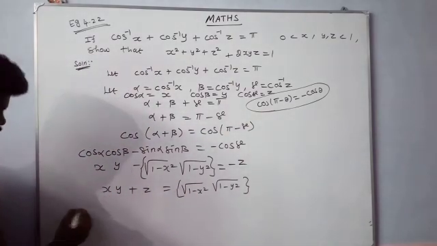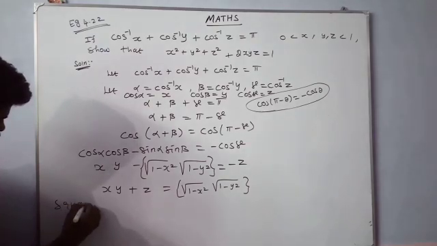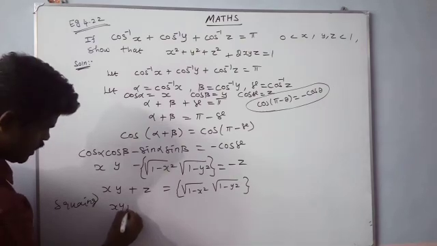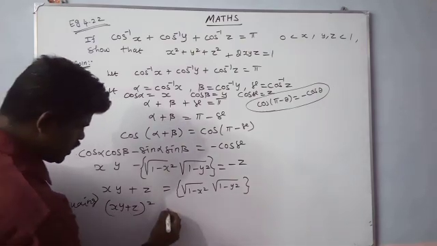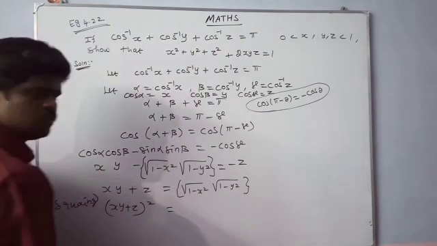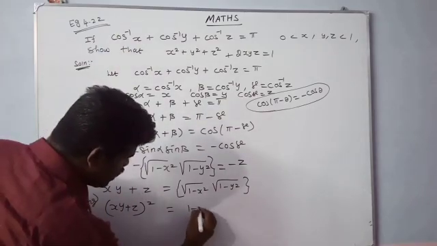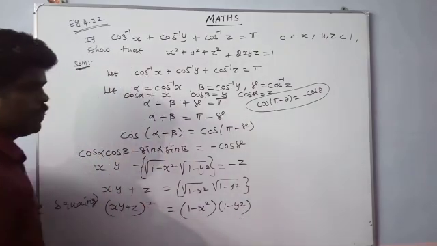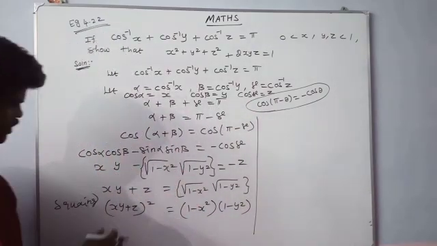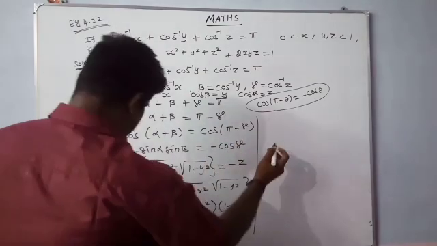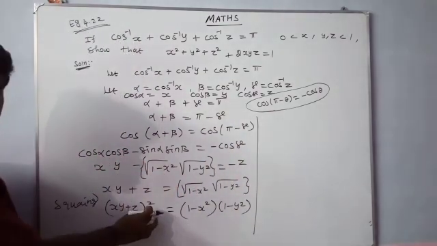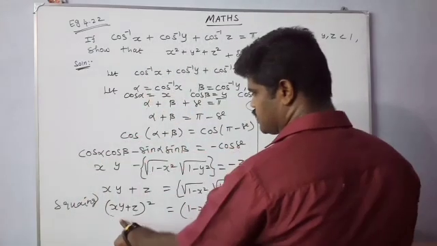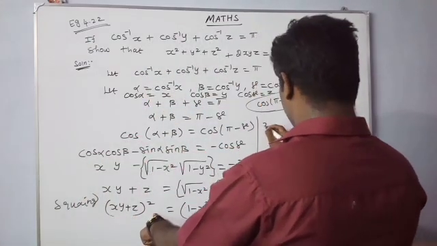Now squaring on both sides, the square root is cancelled. xy plus z the whole square is equal to 1 minus x square into 1 minus y square. Expanding xy plus z whole square by the a plus b whole square form: